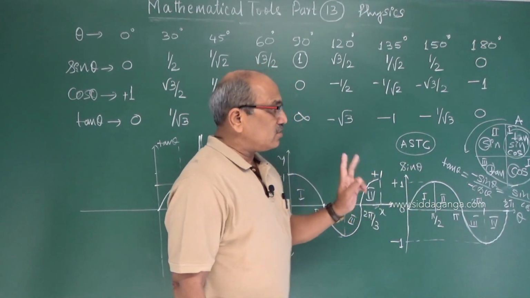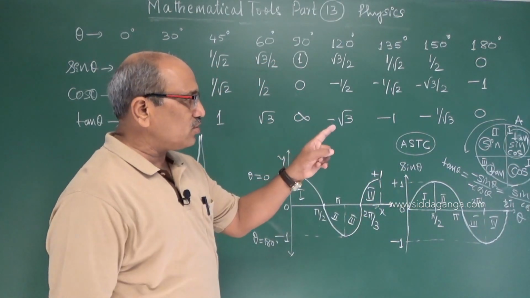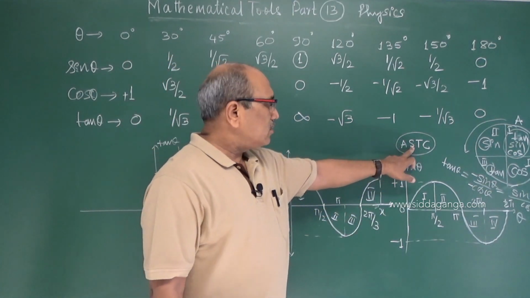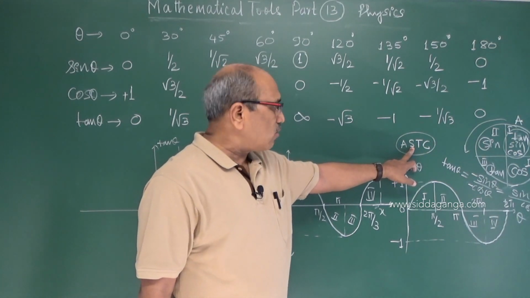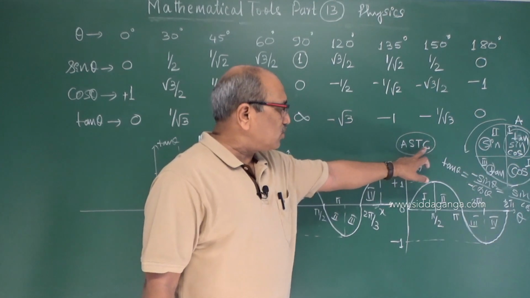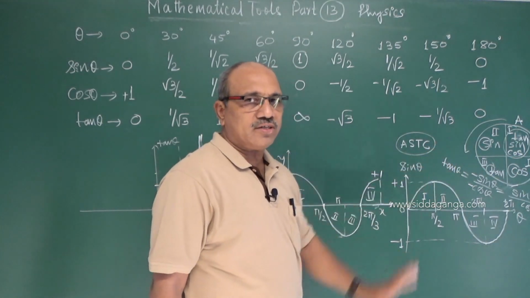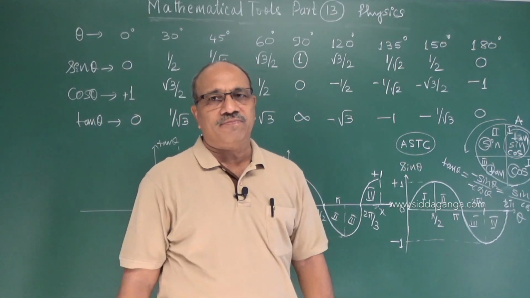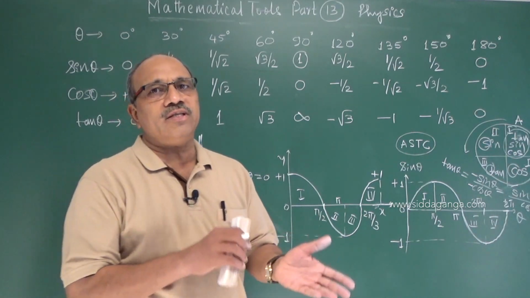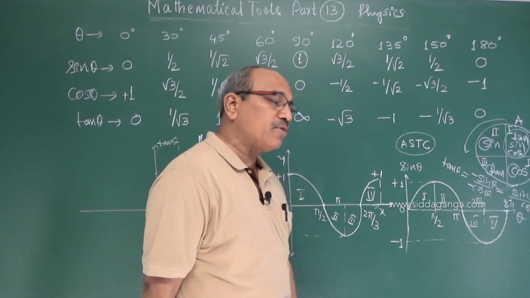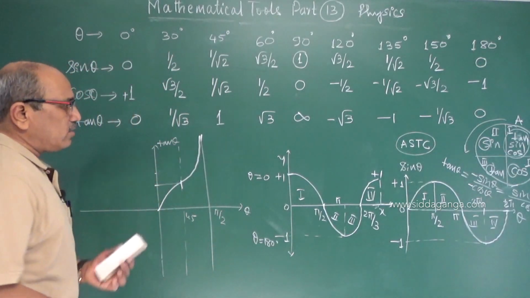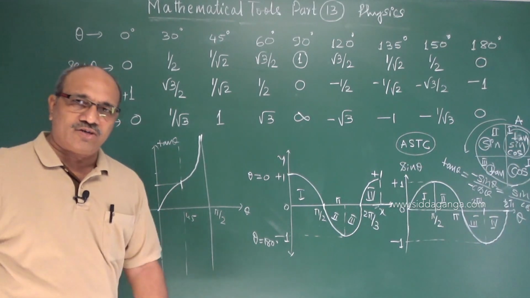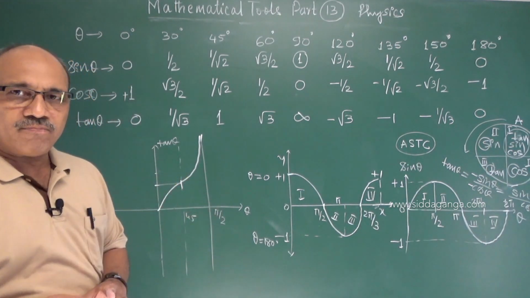The trick is very much necessary in solutions. That is the most important term you have to remember. All are positive: sine, cos, tan. Sine is positive in the second quadrant. Tan is positive in the third quadrant. Cos is positive in the fourth quadrant. And there is another term you have to remember, by which all possible angles of sine, cos, tan, or even cosecant, secant, cot can be obtained. What that is, I am coming to that. I hope you already have experience in this; you learnt it last in high school, 10th standard.